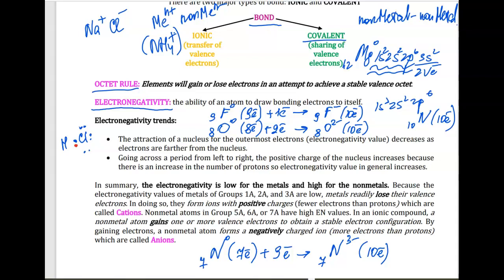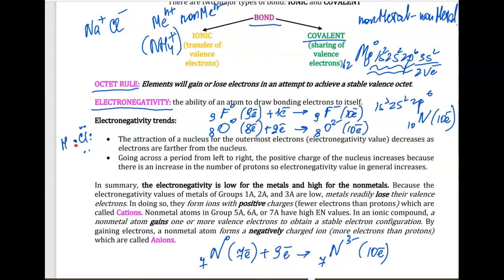Okay, when we have a compound which is formed out of non-metals, that will mean that there is no ionic bond there. There will be a covalent bond, and a covalent bond is a bond formed with sharing valence electrons between two